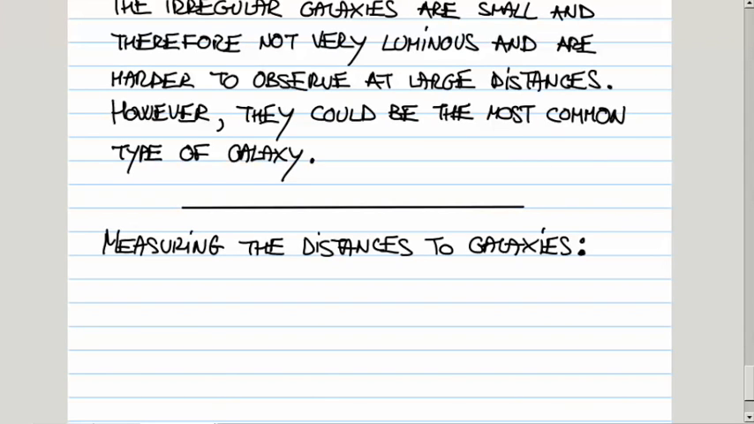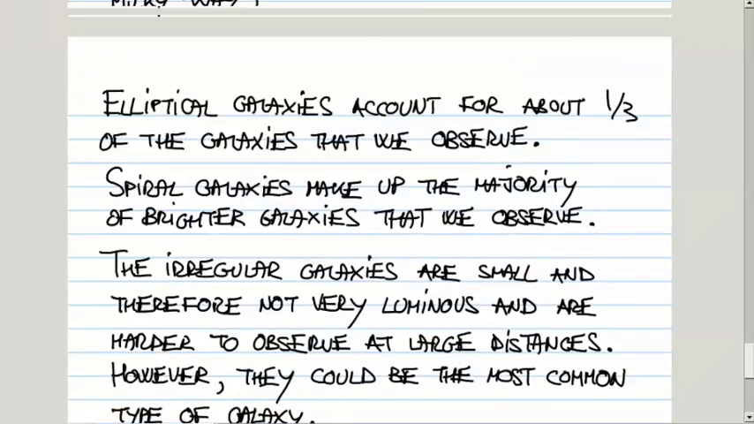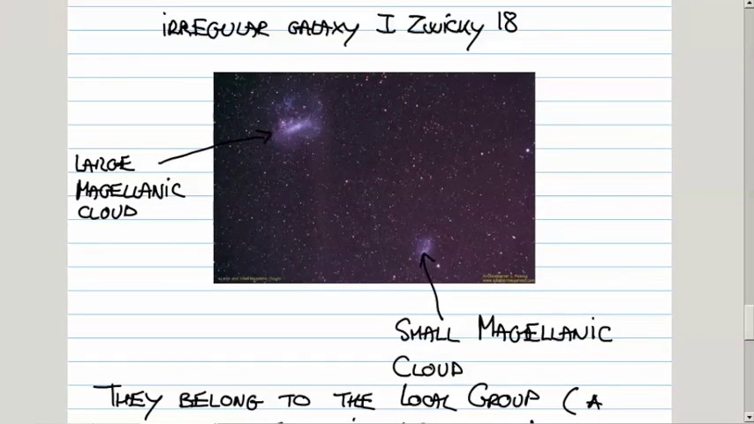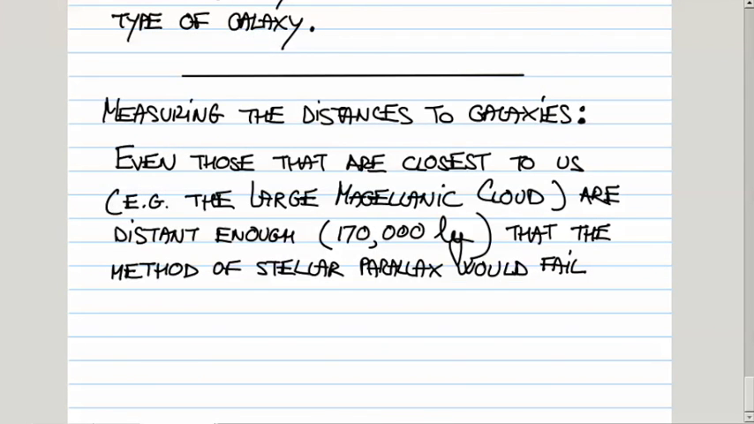So even for those that are closest to us, like, say, the Large Magellanic Cloud at 170,000 light years, already at that distance, the parallax method fails. We cannot use stellar parallax to measure the distance. So what to do? Well, for those that are not too distant, we can actually use the method of Cepheid